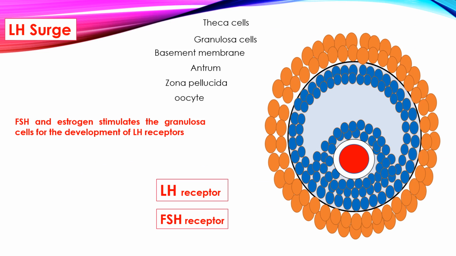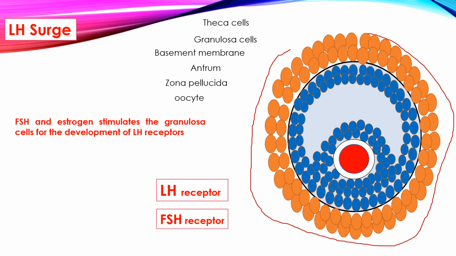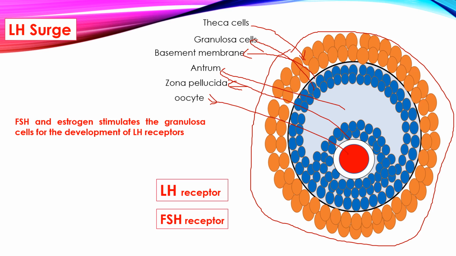Let's see how the process begins. So let's refresh ourselves. What are the structures in the follicle? These are the theca cell and the basement membrane, then granulosa cell, then the fluid-filled cavity, we call it antrum, then the membrane or layer around the oocyte is called zona pellucida, then the red color is the oocyte. So we have theca externa, outside is externa, then the theca cells which are close to the basement membrane, these